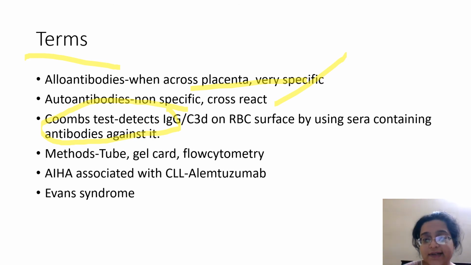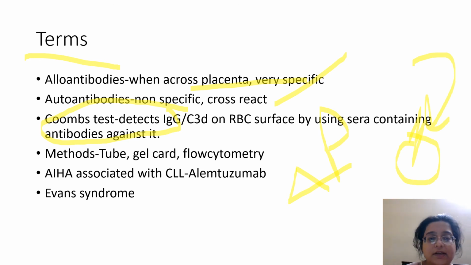One is where there is direct antibody antigen reaction, the direct Coombs test. The other is where we coat a surface with an antigen, then cause the antibody to react. That is the only difference. And of course, the methods can be tube, gel card, or by flow. This you are going to read, and this is given in the text, so I'm not going into the details. I just want you to deal with the basic concept of how to catch whether it is autoimmune or not.